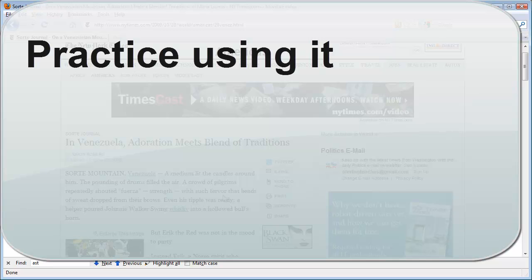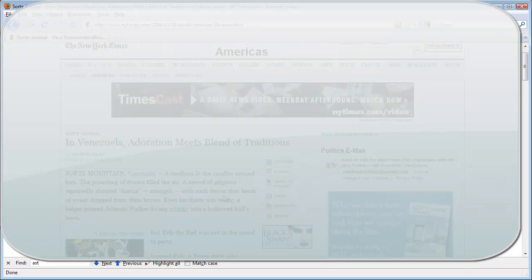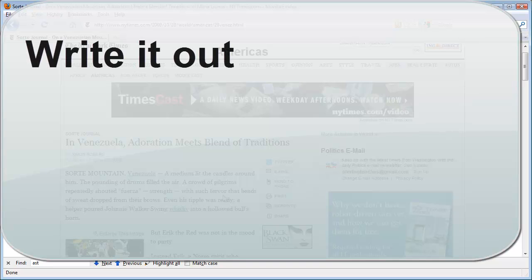Sometimes it's rather hard to include the word such as tipple in your conversation. But the more you do it, the more you will internalize the word and it will become a part of your vocabulary. I also recommend taking that word and writing it out. When you're writing essays or you're writing reports or letters, try to incorporate as many of the words that you have learned into your writing.